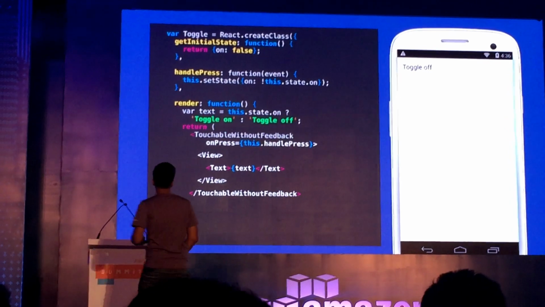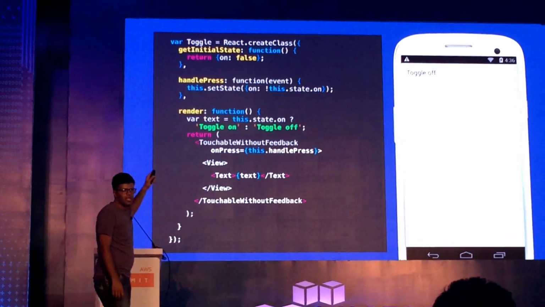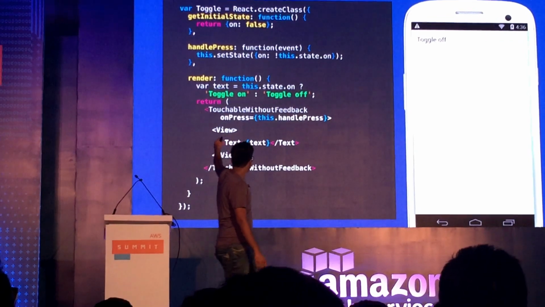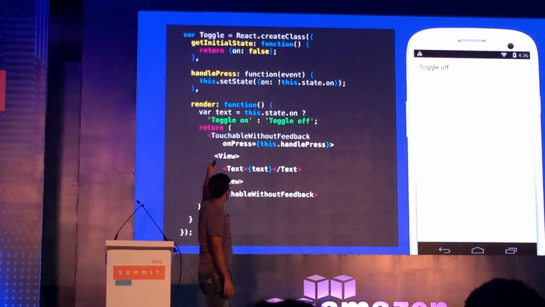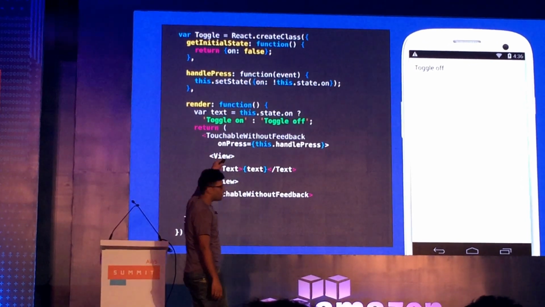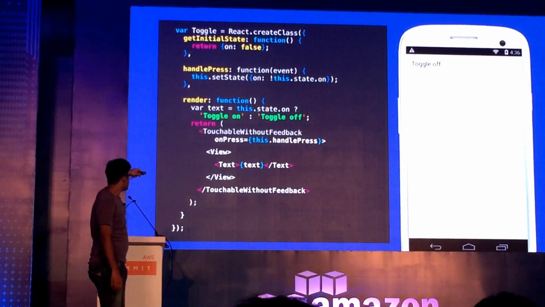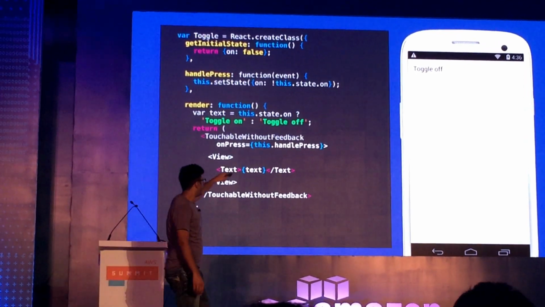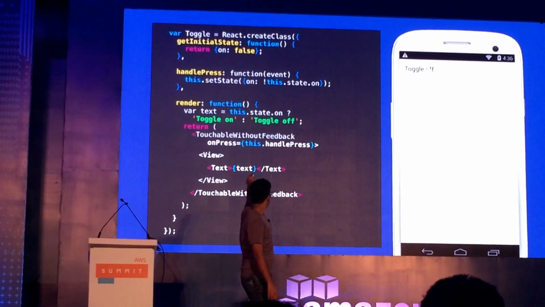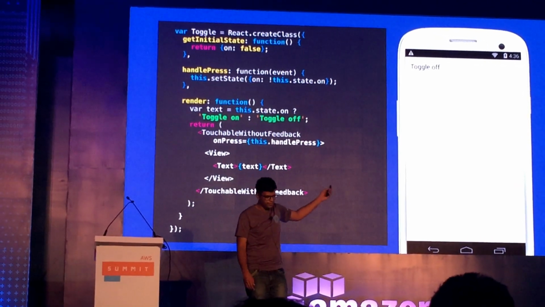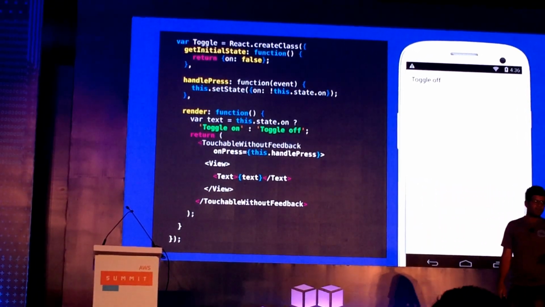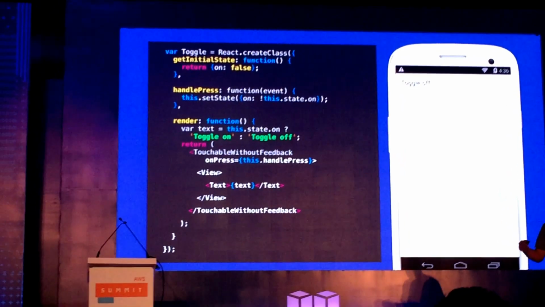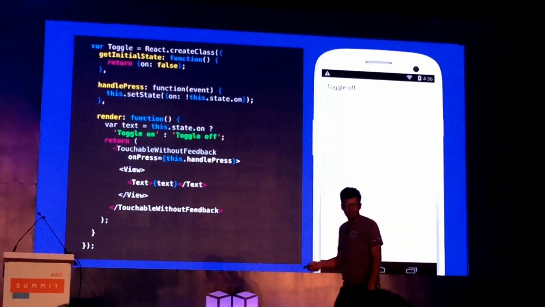So basically, I just write a component. The render function just tells me that this is my button, and on handle press, I'll just change this state, and as soon as the state gets changed, the render function gets called again, and the text gets toggled. So as you can see in this demo, all I did was write this JavaScript, and at compile time, React will convert it into Objective-C code and Swift code and Java code, allowing you to build truly native applications.